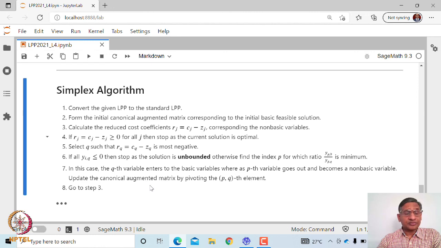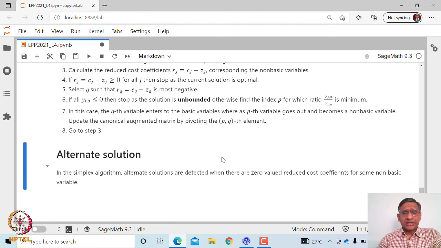Now we will explain this in terms of the simplex table. It will become very clear. But you can see here, the simplex algorithm is all about applying RREF and deciding which is the incoming and which is the outgoing variable. Okay, in case you have not understood some part, don't worry, when we actually take an example and work out these steps, it will become quite clear.